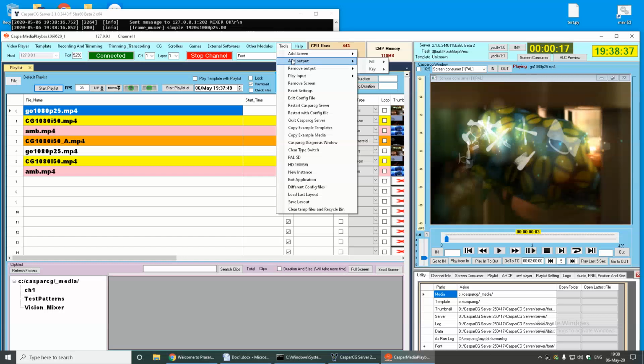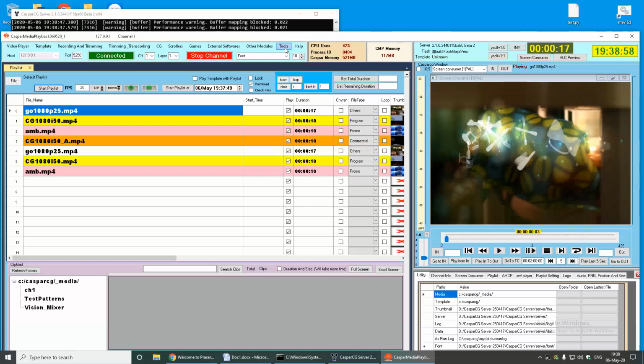Second is add output. Casper Series server comes with no decklink output. The configuration file has no decklink output or Bluefish output. So in that case, when you are running that Casper Series server, you will not get any output from the decklink or Bluefish card.